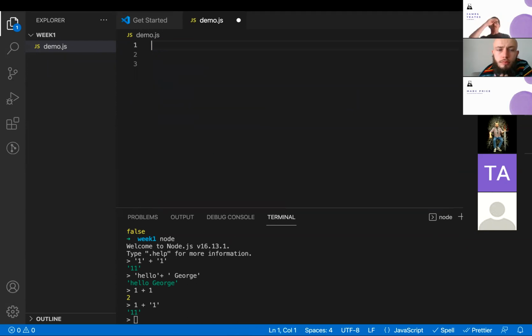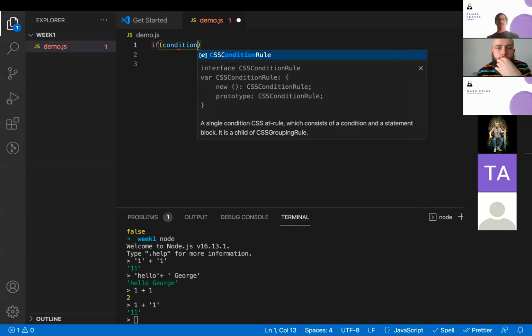So as I was saying, our code starts at the top, and we go line by line. Your JavaScript can only do one thing at a time. So it starts at the top, and it's running line by line. Now, what if else statements allow us to do is break and run different sections of code, depending on whether or not a condition is true. And it has this syntax right here, like if condition,